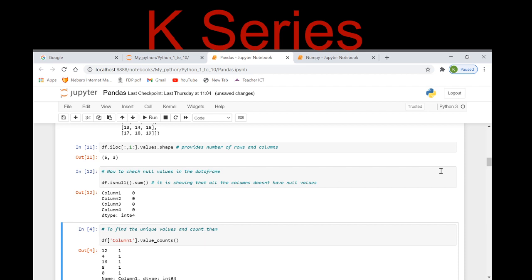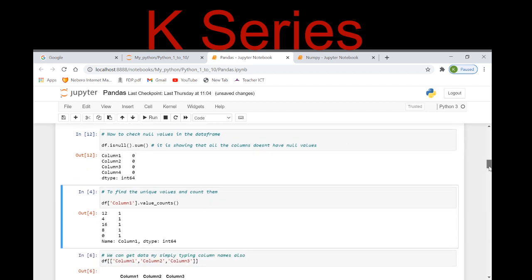Now to find the unique values, we can use the count function. Earlier also we used a count function in NumPy. So here I am counting the occurrences of the unique values, right? So here dot value counts.